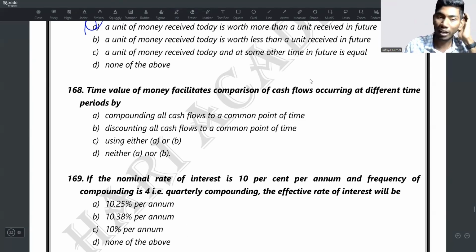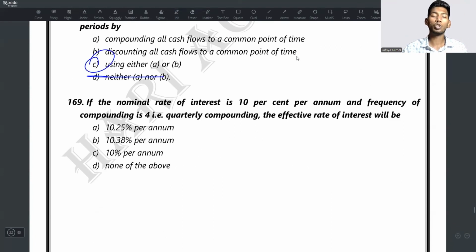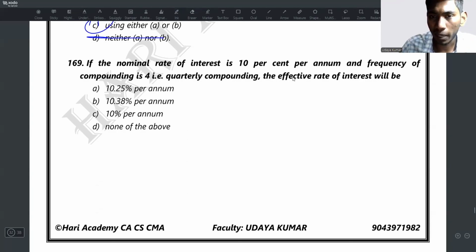So neither A nor B is not a right option. We can use anything, compounding all cash flows to a common point or discounting all cash flows. So option C is the right option. Moving to question number 169. If the nominal rate of interest is 10% per annum and frequency of compounding is 4, that is quarterly compounding, the effective rate of interest will be. So here the effective rate of interest will be like,